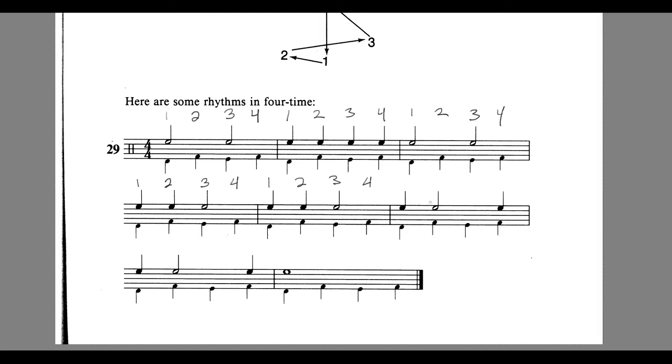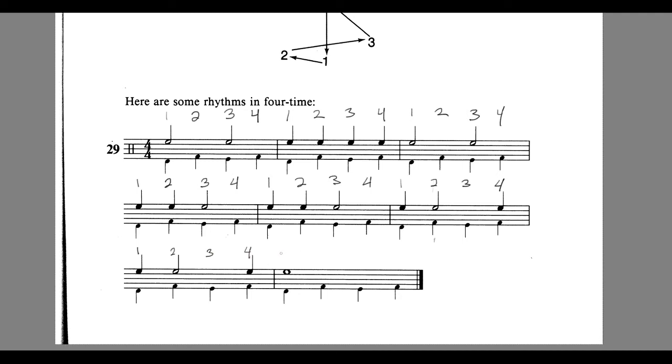Then we have an example of syncopation in the next measure, where an unaccented beat, the second beat, gets a little bit of an accent with this half note on beat 2. So beat 1 is the quarter note, beats 2 and 3 are going to be that half note, and then beat 4 will be that quarter note. In the next measure, that same pattern repeats. So beat 1, beats 2 and 3 for the half note, beat 4 on the quarter note,